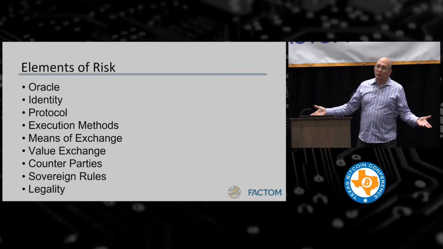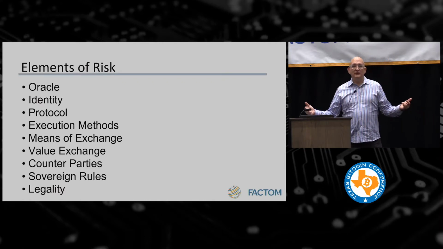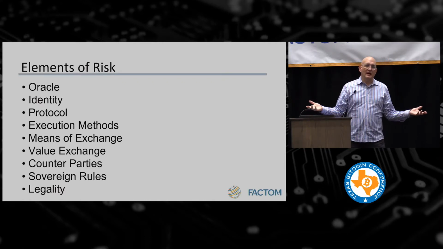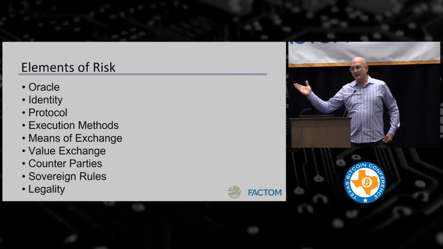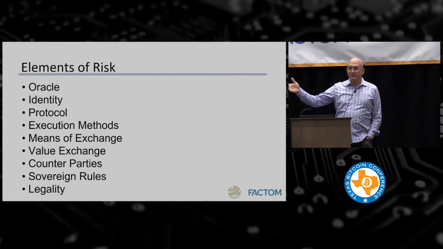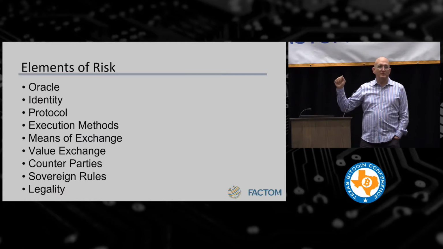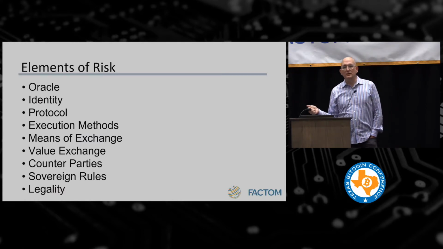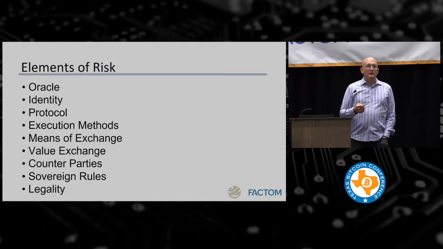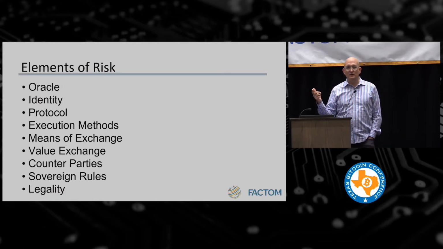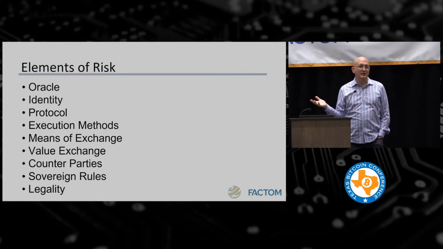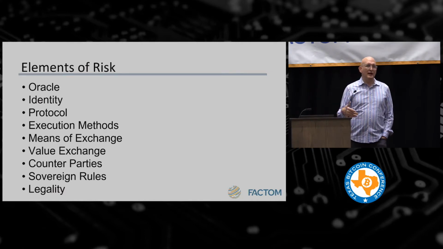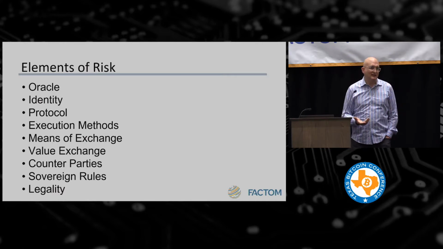So one of the things about the protocol is, is it self-executing or not? Are there self-executing layers to this? And when you get to execution methods, which is the next point about these smart contracts, it's also very important. So how are the contracts going to be signed? I was having a conversation with someone outside recently, and we were talking about, is DocuSign going to be a credible element in a smart contract, right?